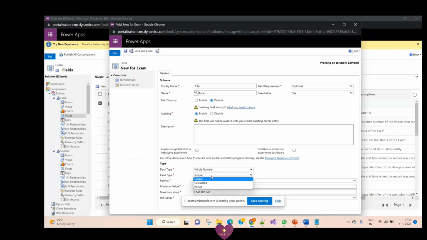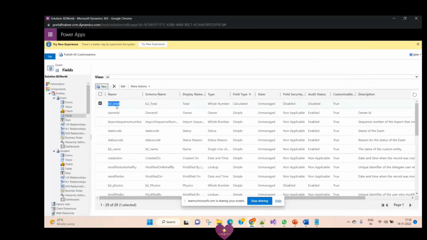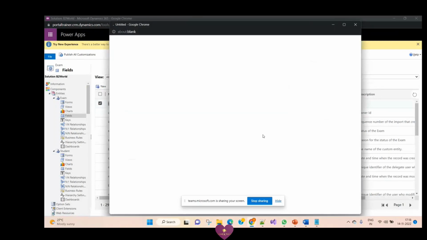Instead of simple, you need to select it as calculated field or roll up field. To select this, it will now show as edit. I already have a total field. If I click on it, it will show an error, so I'm not creating it again. If I open the existing one, you can see it was showing calculated. If you click on edit,